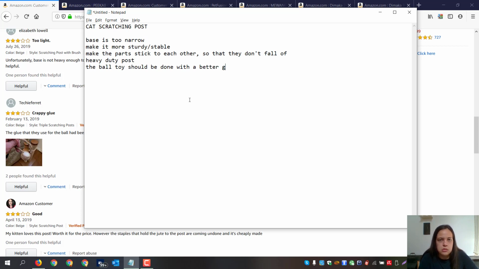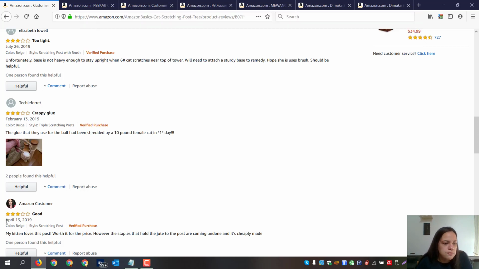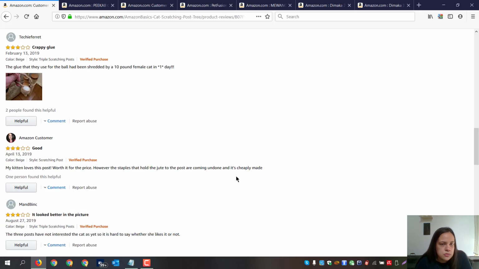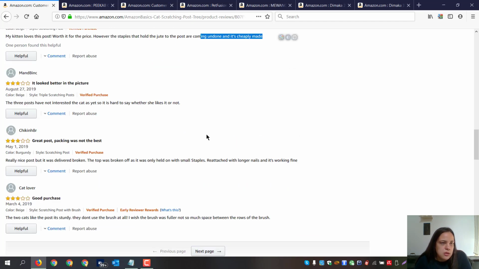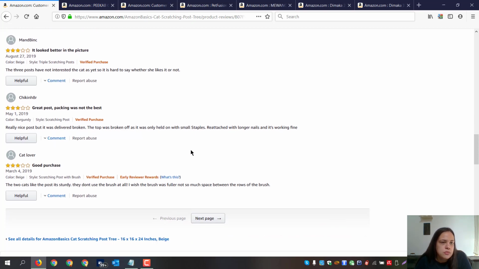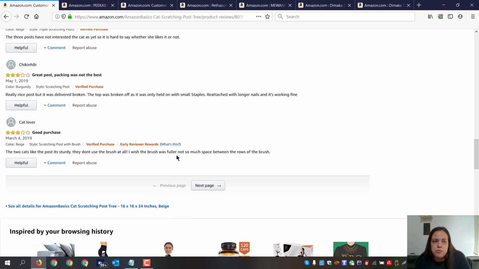Should be done with the better glue. Move on. It's cheaply made, obviously. For this type of product, for example, I would think maybe a different shape would be something that would be